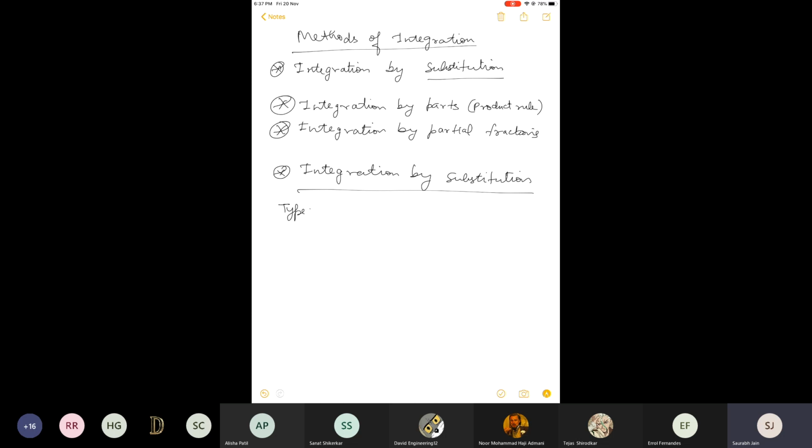So basically, if you face such types of questions where you have the integrand of either of these two types, suppose you have any of the two types, either f(x)